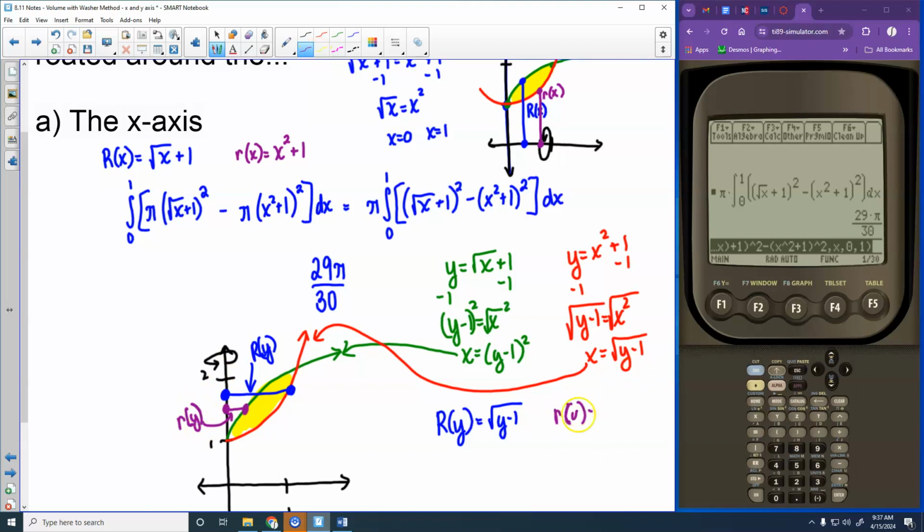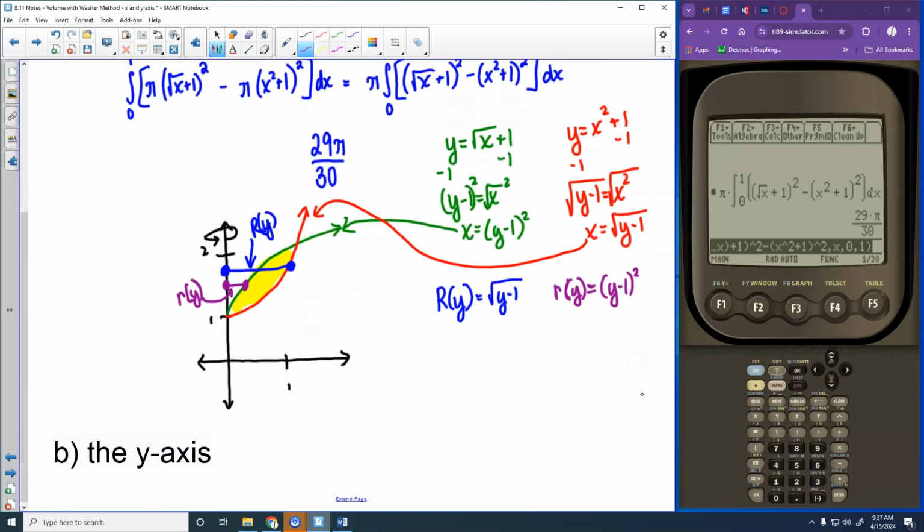So my lowercase r of y, what's it going to be? Y minus 1 squared. Okay, so it's pi r squared minus pi r squared, right? So what would my limits on my integral be? 1 to 2. I'm looking at that y-axis, and it's 1 to 2. And so I'm going to do pi times my outside radius, which is square root of y minus 1, squared,